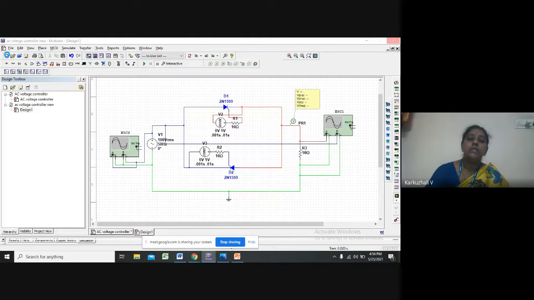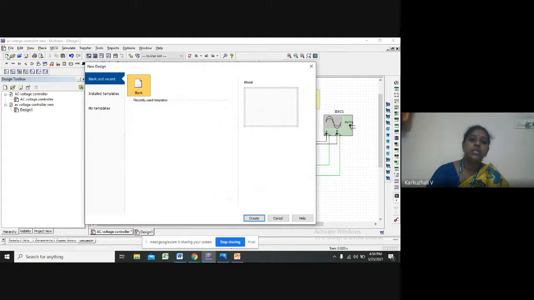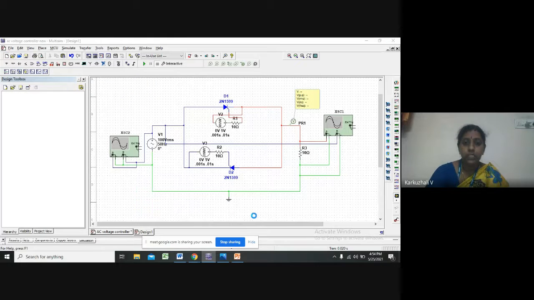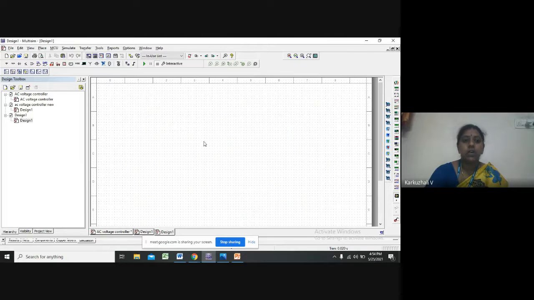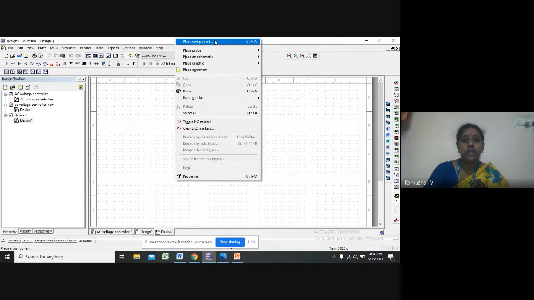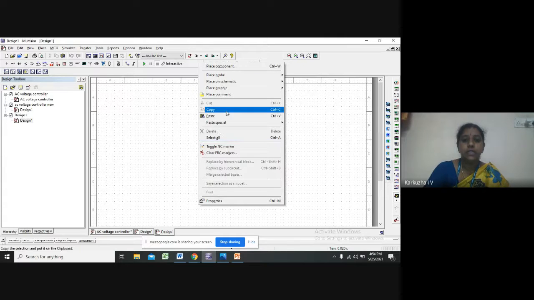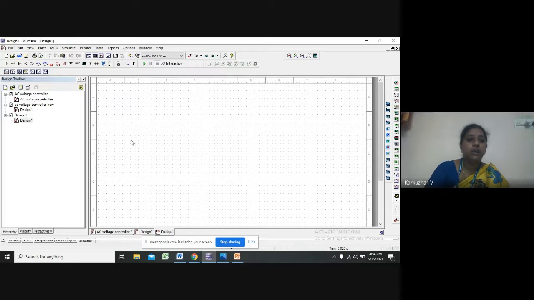Multisim, given by NI, is a very easy and user-friendly software by which you can simulate power electronic lab circuits easily. Okay, so first I'll teach you how to place the components. There are two methods of placing the components. Either you can right click and place the component. See, place component is available here. When I right click, you can see the place component that is available there, or it is also available in the file menu, or you can even click here. So first to find the place source, see here all the components that are available in the bar for easy pickup.